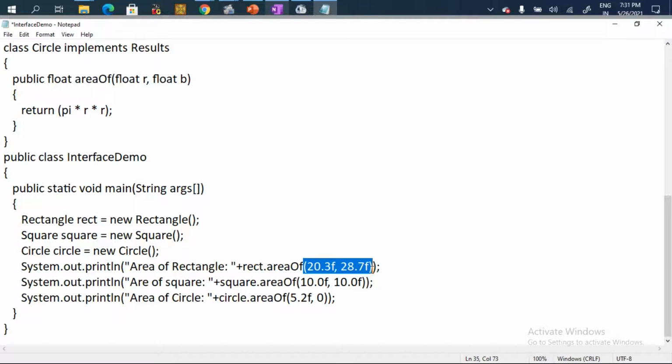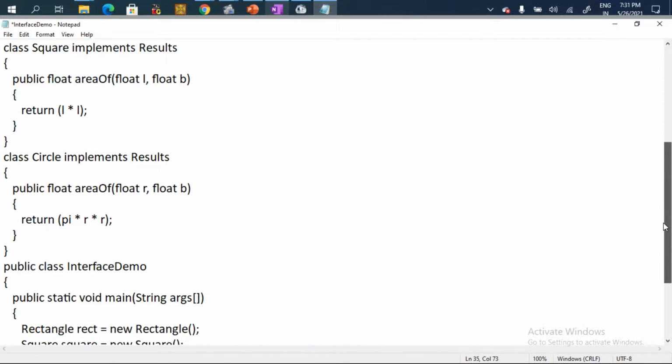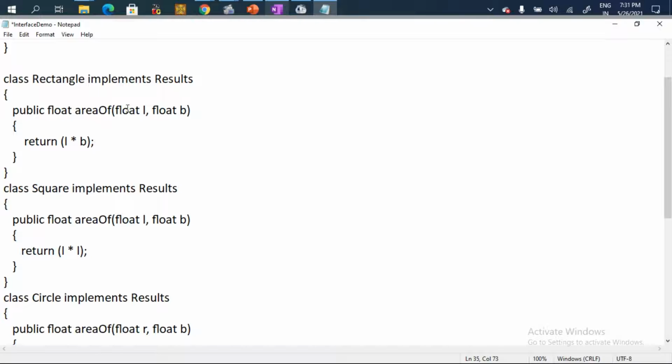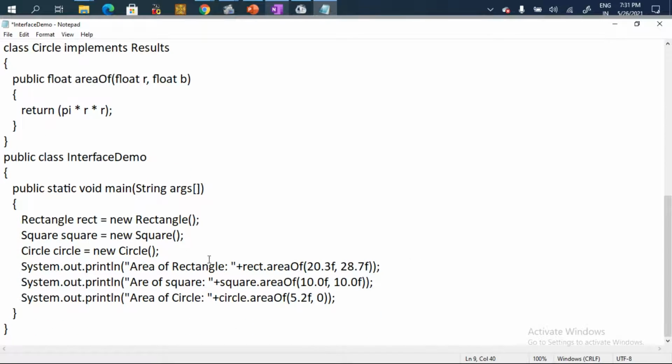So when I call this, it will simply go to this function. Here I'll have the length and breadth as this, and it will return length multiplied by breadth. So it simply multiplies the two values and sends that back as the area of rectangle. For the square, I have taken two values as 10 and 10, and it will return the area of the square.